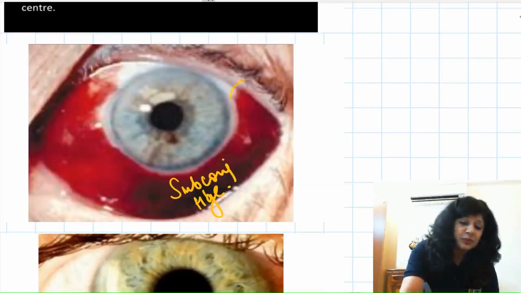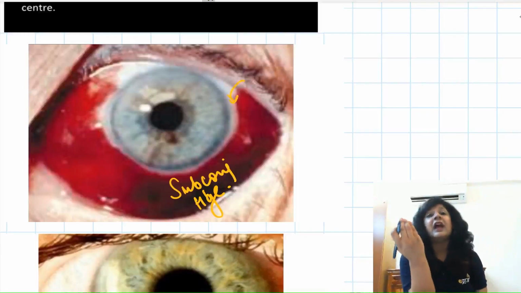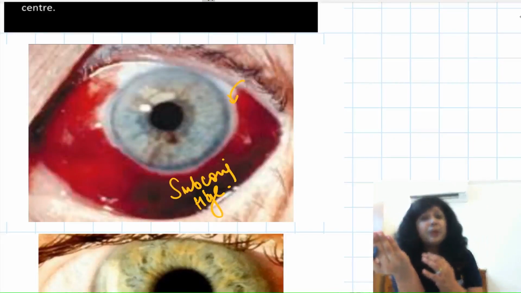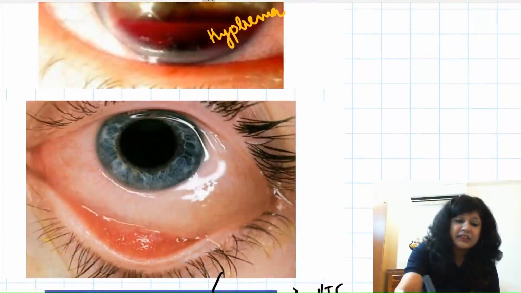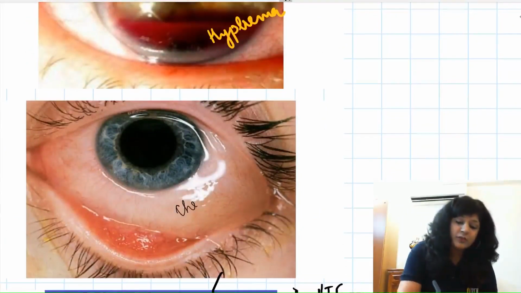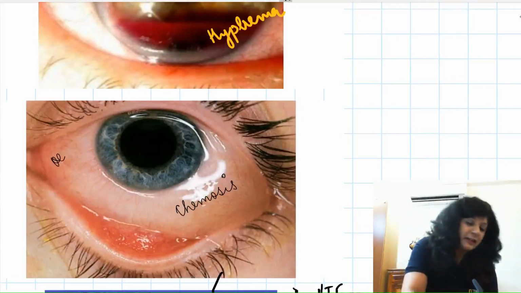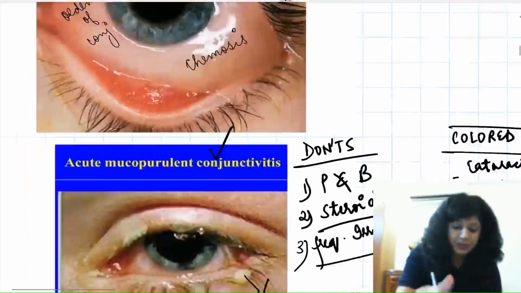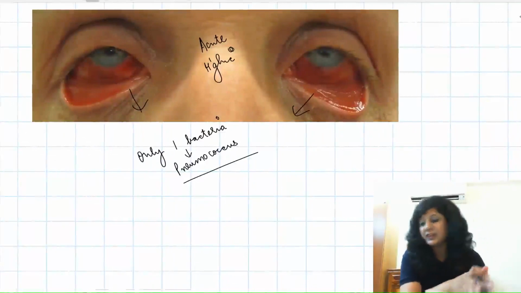Here you can see the posterior limit is also visible. Okay, this means the trauma has occurred in the eyeball, because if it is an orbital fracture or orbital perforation, then you are not able to see this posterior limit. This was your hyphema. Then see this is a chemosis. What is chemosis? Chemosis means the edema of the conjunctiva. Can you see the ballooning of the conjunctiva that you can see here, shiny? This is actually called the chemosis. So going back to this, this was your hemorrhagic conjunctivitis.